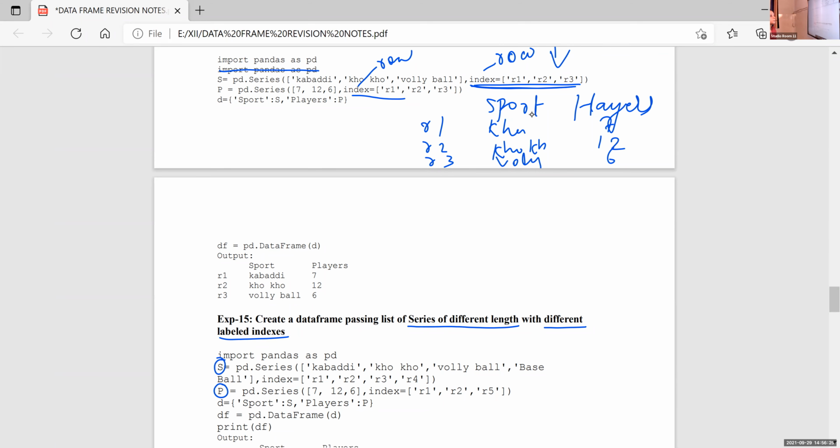Vidur, completed? No. Okay, do it fast. So today itself, you learn all these programs and functions related to the data frame.